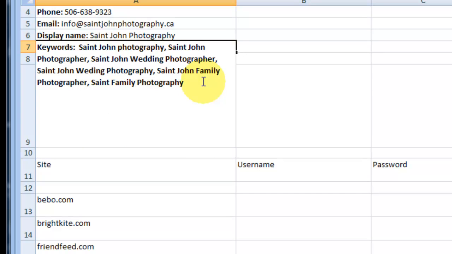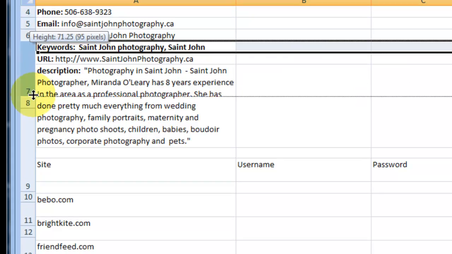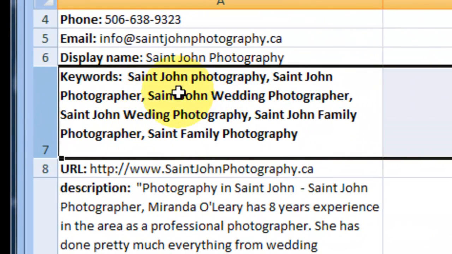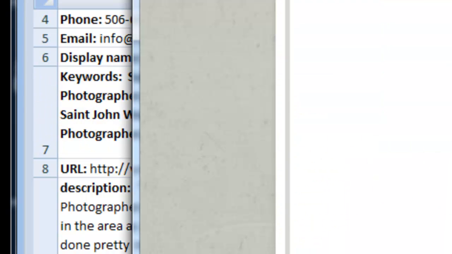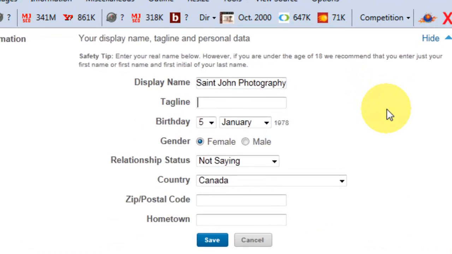So here's some keywords. When you are talking about a keyword, it doesn't necessarily mean a single word. St. John Photography is the keyword, so it's a keyword phrase, and you would write them just like you see them here if you were going to put a list on a website. They may or may not have that. St. John Photography, tagline. If you get opportunities like this,